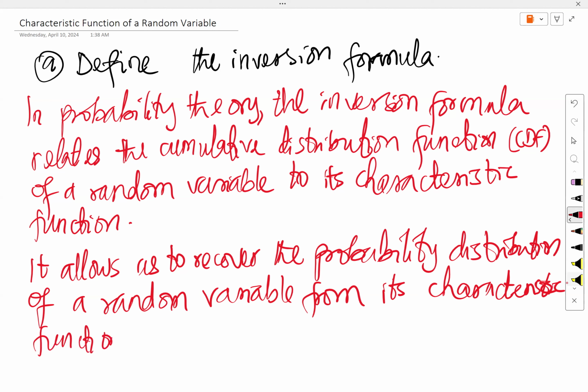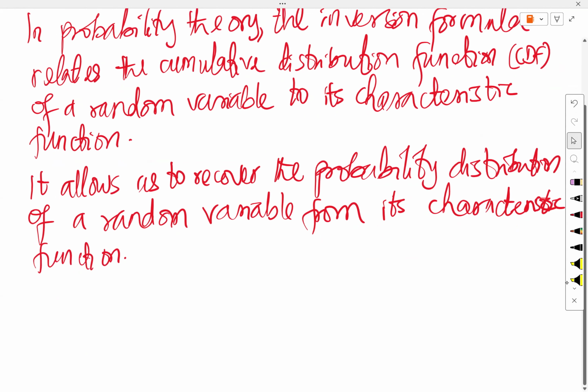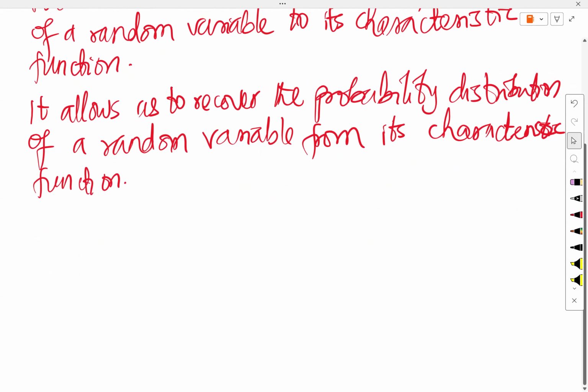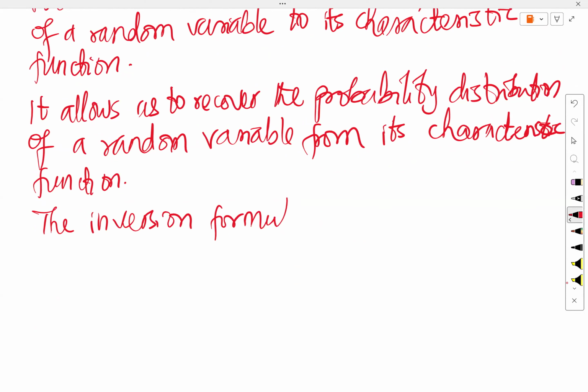So you can see it's such an important idea. Generally speaking, the inversion formula in probability is given by